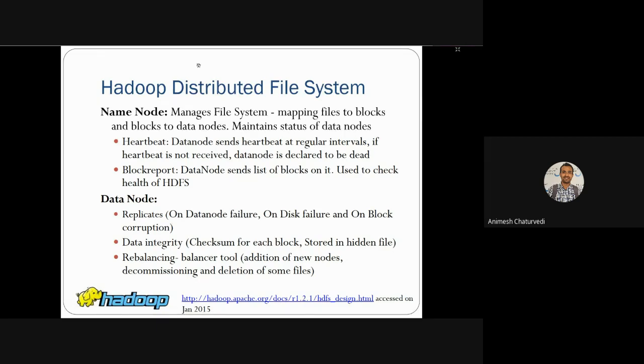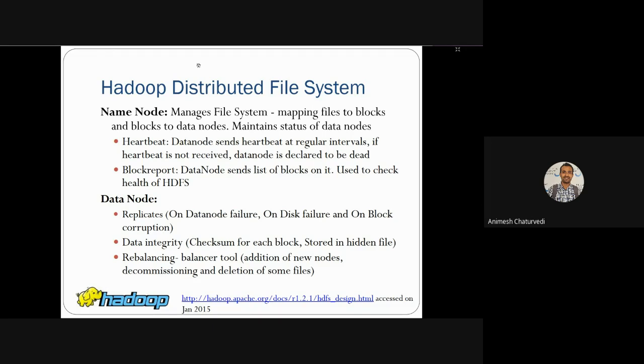Then what does the data node basically do? The data node does replication based on failure: disk failure and block corruption. So if some failure or trouble such as corruption happens, replication may take place between the data nodes.